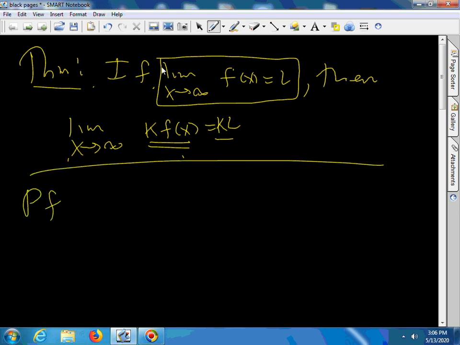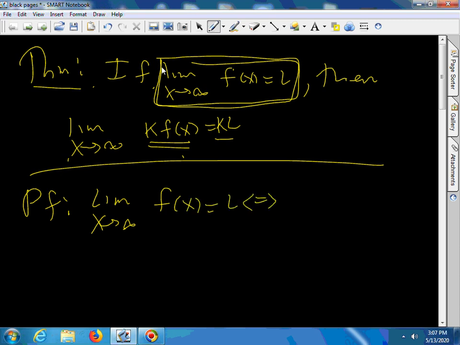Proof. So we're given this. Let's write down what it means. The limit as x approaches infinity of f of x equals L is the same as, now since this limit does equal L, we know that the N that I'm going to refer to exists. We don't have to find it. So,